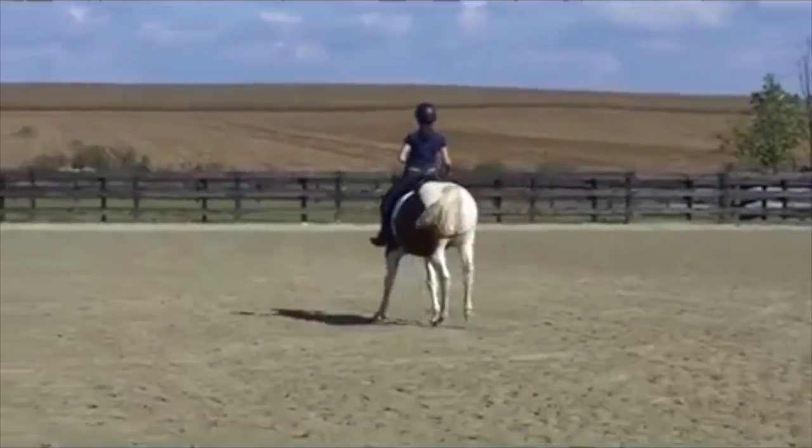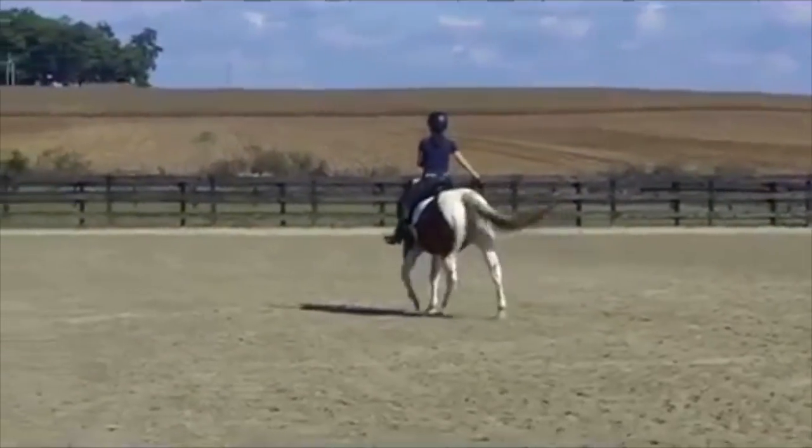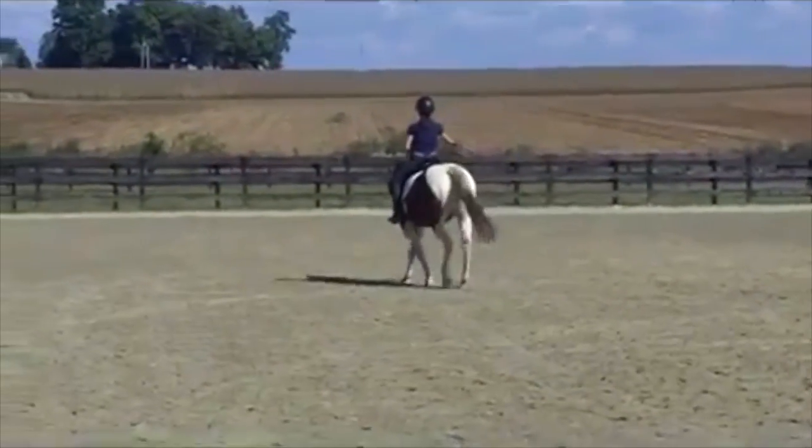Same thing here, not bad. You can see how it slows down, speeds up a little bit, but you're doing a good job of maintaining the rhythm here